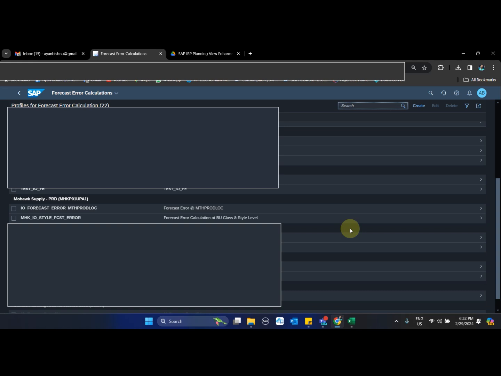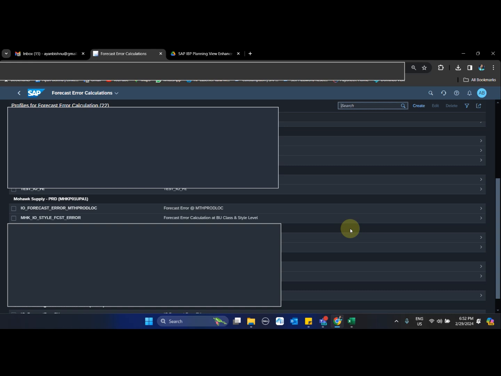So ideally, in order to maintain consistency, the covariance of the forecast error should be in line with demand planning. For example, let's say we are generating forecast and forecast error in demand planning at a product group or a product brand level. So the covariance that we will run for inventory optimization ideally should follow the same level so as to maintain model-specific consistency.